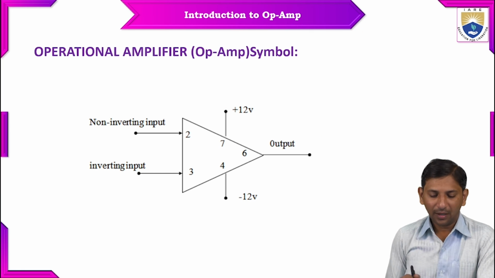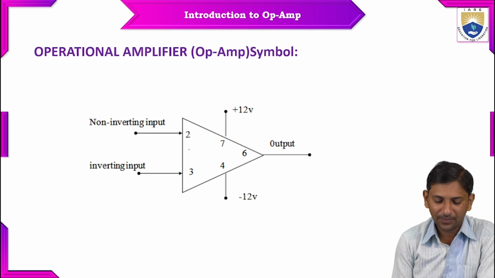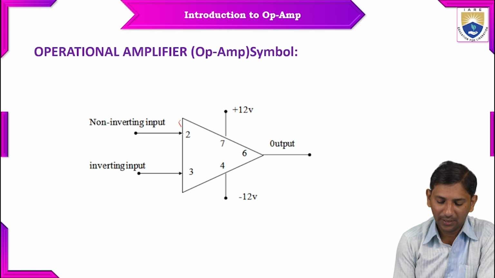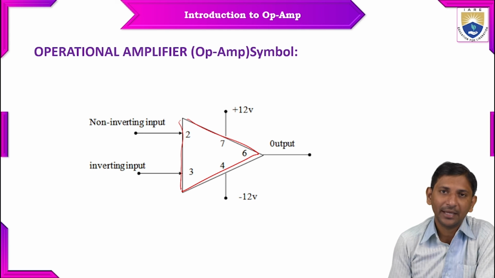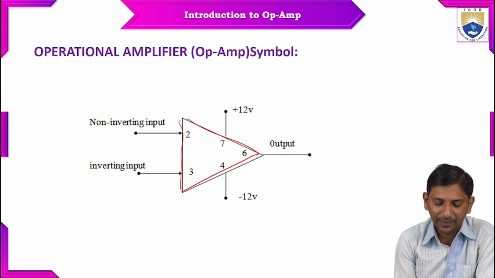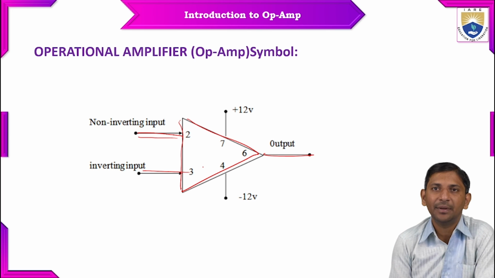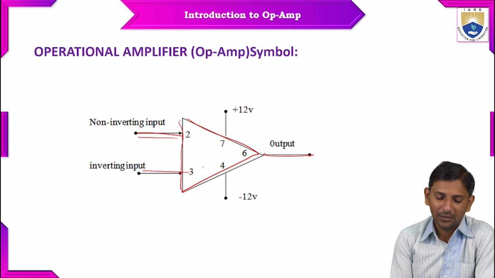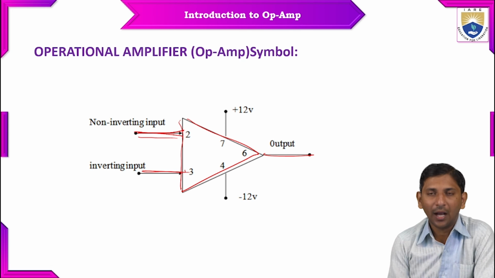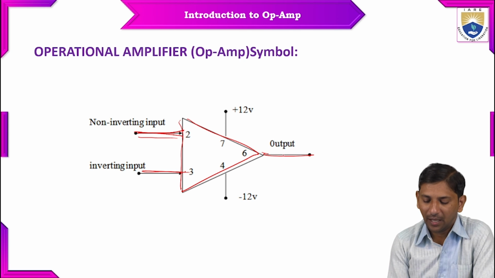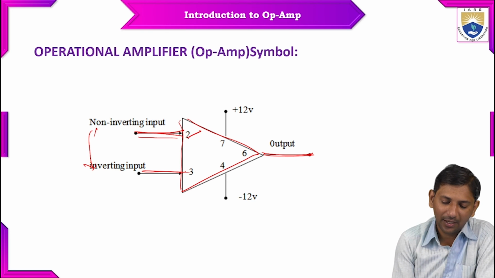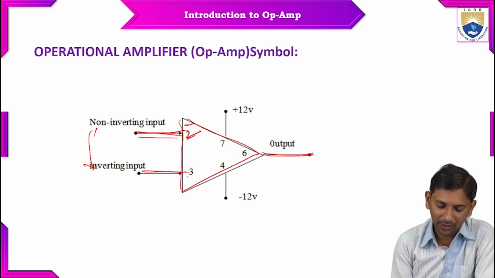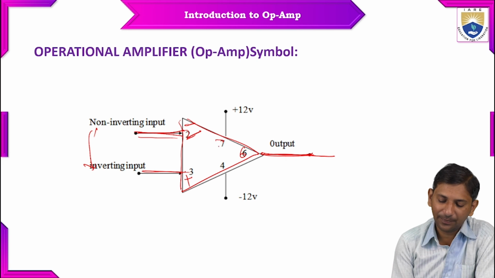So the pin diagram of your operational amplifier becomes this one. Here you can see an 8-pin IC, which will look like a reverse triangular shape, and it has 3 basic pins. These are the 3 basic pins which perform your operation. These 2 and 3 are inputs, and output is your 6th pin. Second pin is inverting, third pin is non-inverting, 6th pin is for output,